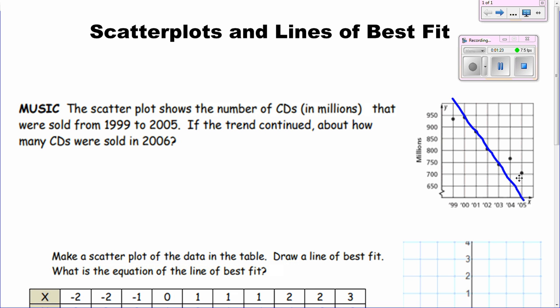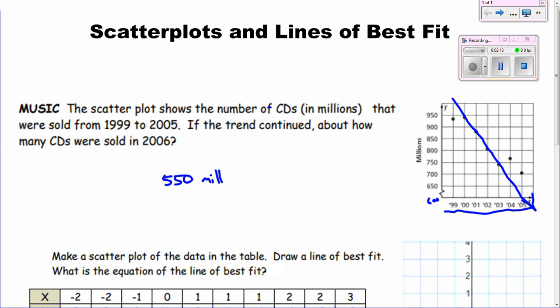Now, if you look at the question, it wants to know, and this is generally what these types of questions are going to want you to answer, something that happens in the future or something that happens in the past. It says the scatter plot shows the number of CDs in millions that were sold from 1999 to 2005. If the trend continued, about how many CDs were sold in 2006? And so if we just extended this line a little further, now this was 650, that would make this 600, and below that would be where we crossed there, which would be about 550